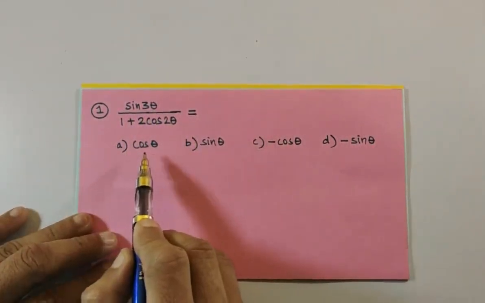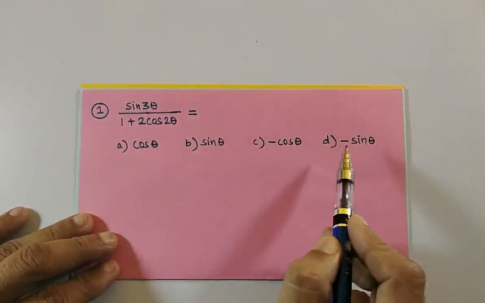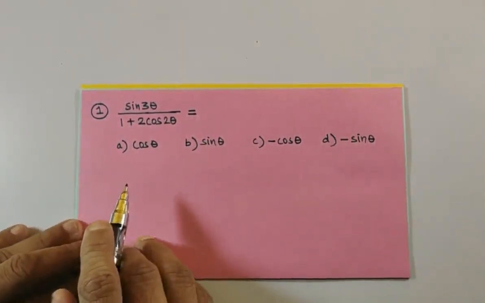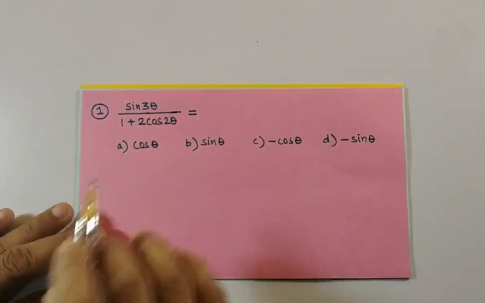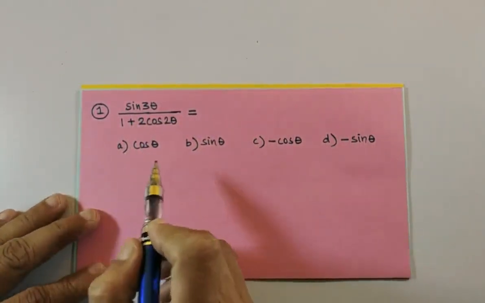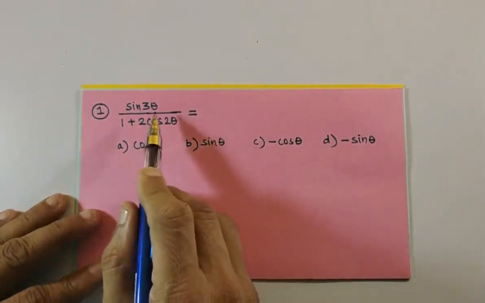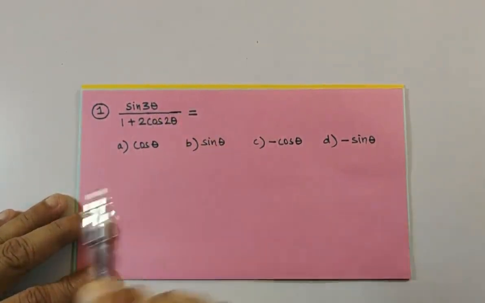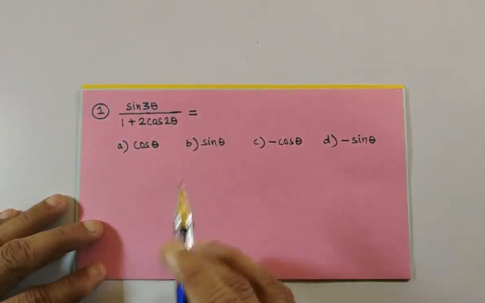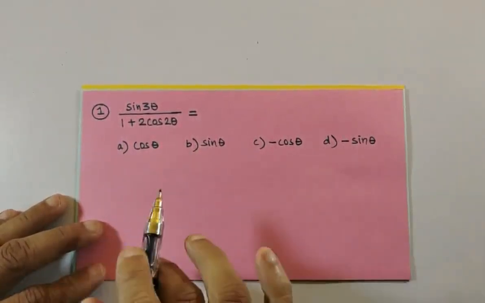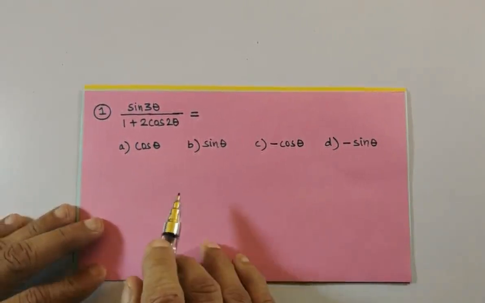is equal to cos theta sine theta minus cos theta minus sine theta. So if you go on simplifying, it will be lengthy. Just substitute angle either 0, 30, 45, 60, 90 in the given expression and options. But see that you should not get indeterminate form 0 by 0 or 0 by infinity. Such conditions you should not get.